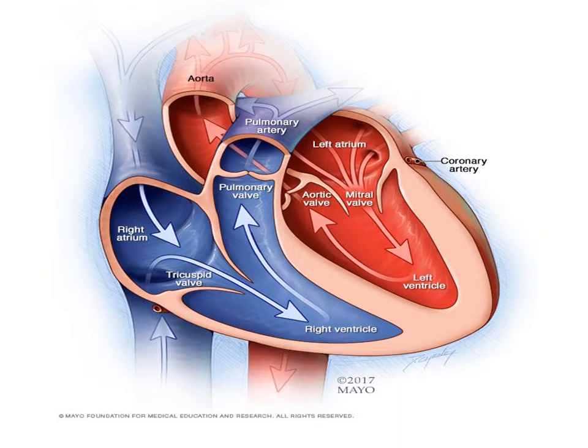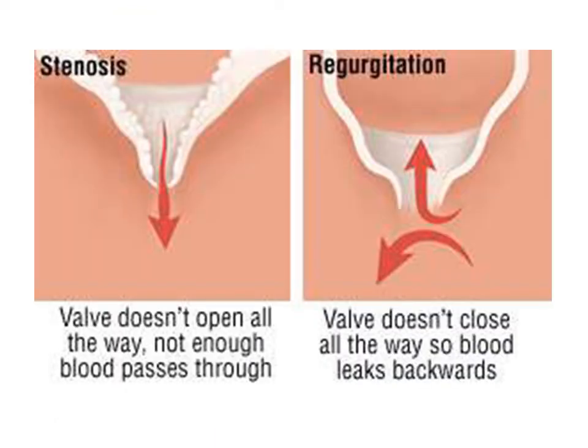In blood circulation, blood comes from the superior and inferior vena cava into the right atrium, then through the tricuspid valve it comes into the right ventricle and goes through the pulmonary valve into the pulmonary artery and to the lungs for purification of the blood. Then it comes via the pulmonary veins into the left atrium, and through the mitral valve it comes into the left ventricle, and with the help of the aortic valve it goes into the aorta and circulates all over the body.